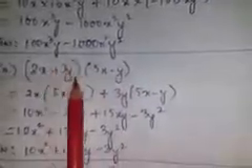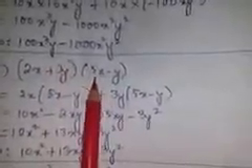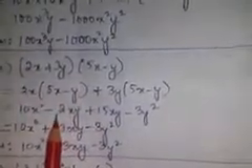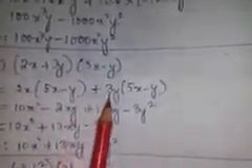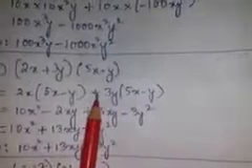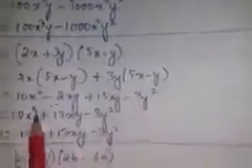Here at first with 2x you are going to multiply with this entire 5x minus y, and then with this 3y you are going to multiply this entire 5x minus y. So I have multiplied 2x into 5x minus y plus 3y into 5x minus y. So 2 into 5, that is 10x square, 2 into 2x into minus y means minus 2xy, the sign is getting changed. 3y into 5x means plus 15xy, and 3y into minus y means minus 3y square. Why y square? Because 2y are present, so that is why y square.